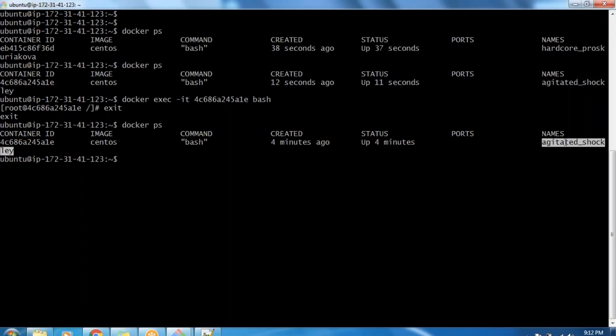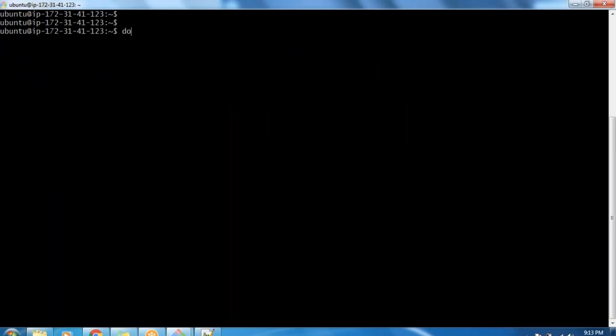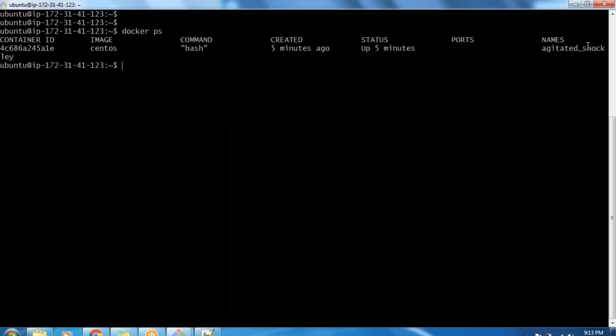Sir, how can I identify that it is in running mode? That is what I told you, Raja. First, docker ps will show only running containers. Okay, sir, got it. Now docker ps -a. You can see I have executed it. This container is deleted, but this one is there, and it is not running right now. So with docker ps, you can see only running containers. Now when you use -a for this one,